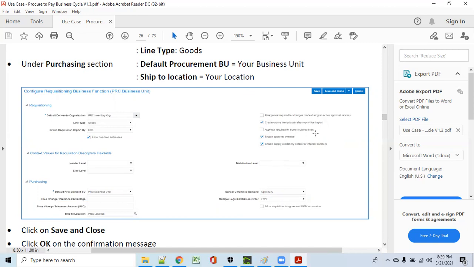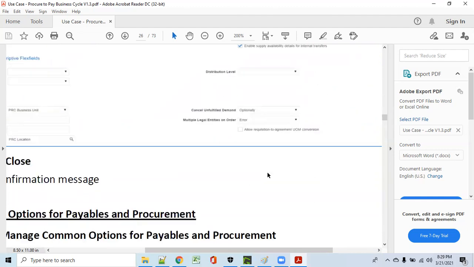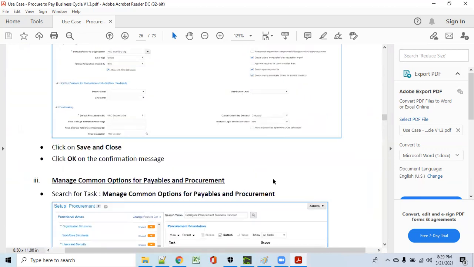So whenever the buyer modifies something on the PR, when you expect the approval trigger to happen, it is based on the checkboxes. And enable approval override. Okay, enable supplier availability details for internal transfers. Reapproval required for change made during any active approval process. So based on the checkboxes, the system will behave differently for different options.